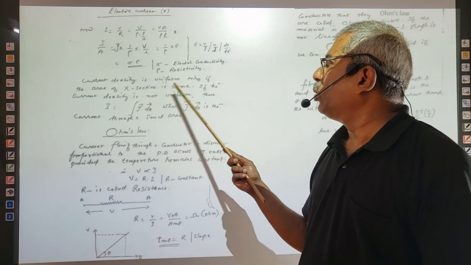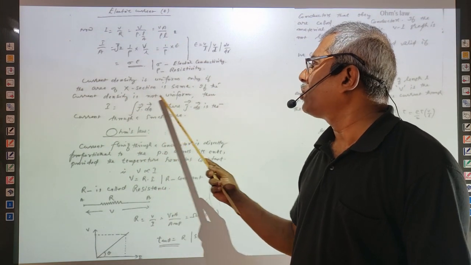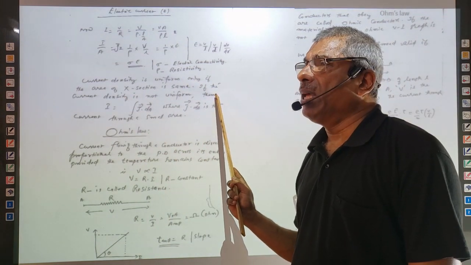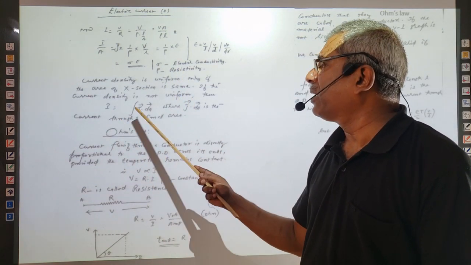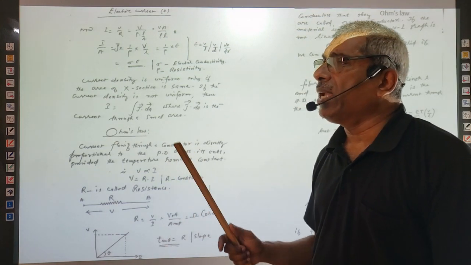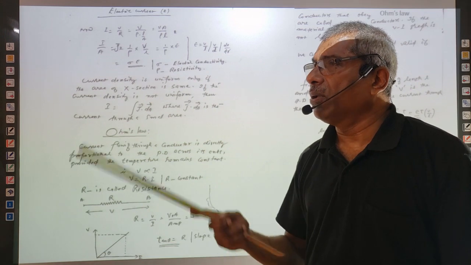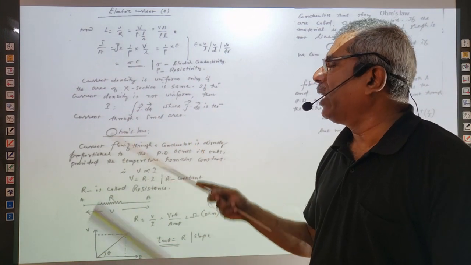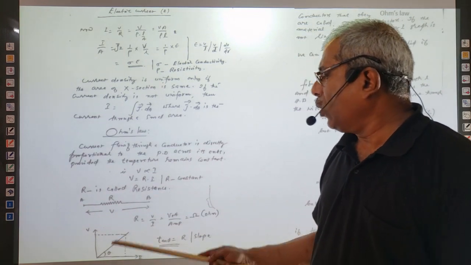Current density is uniform only if the area of cross section is constant. If the current density is not uniform, then the value of I can be calculated as I is equal to the integral of J dot dA, where J dot dA is the current through a small area dA, right? So this is also a very important formula: I is equal to the integral of J dot dA. Now we are coming